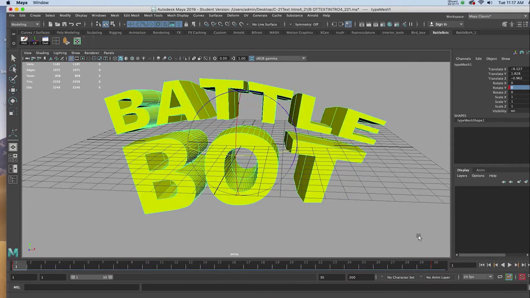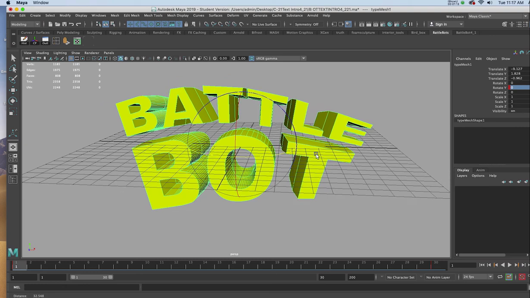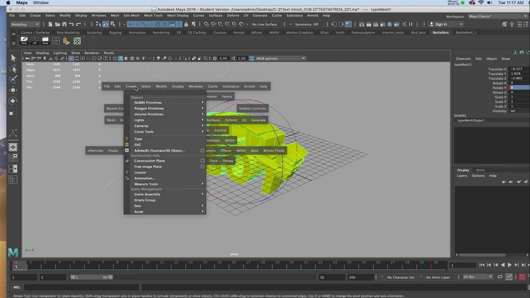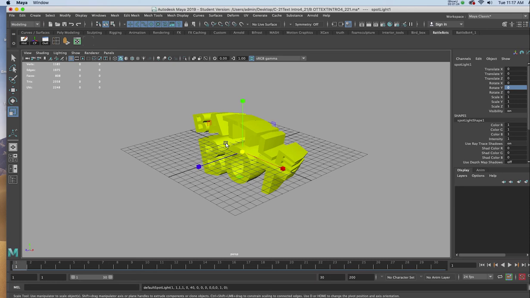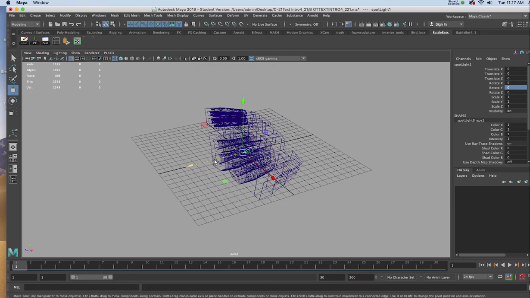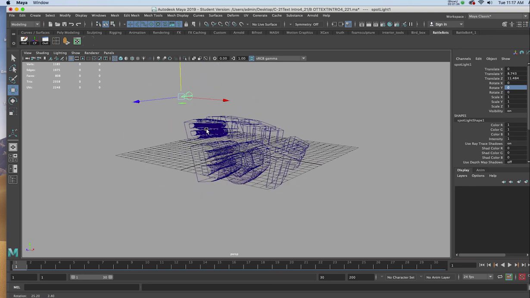Go back to the beginning of my timeline, and now I'm going to introduce my lights. Holding down spacebar, going to the hotbox, I'll choose Create, Lights, and I'll get a spotlight. Hitting 4 on the keyboard so I can pull it out of the geometry. I'll put it in front and then upward. I'm going to be using 2 lights, so once I set up one, I'll just duplicate it and put it